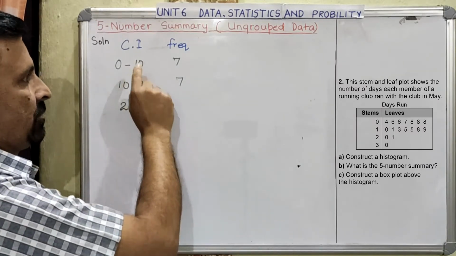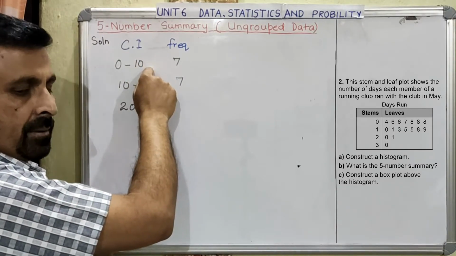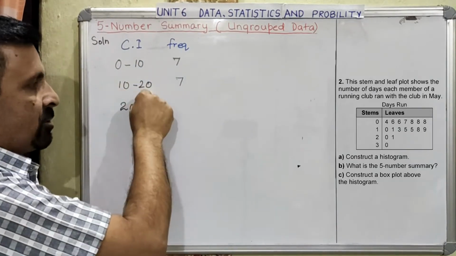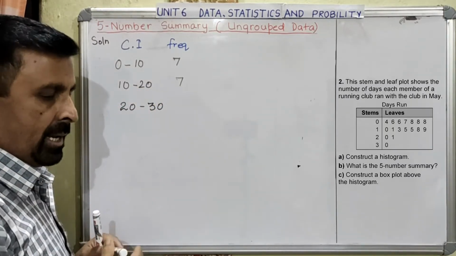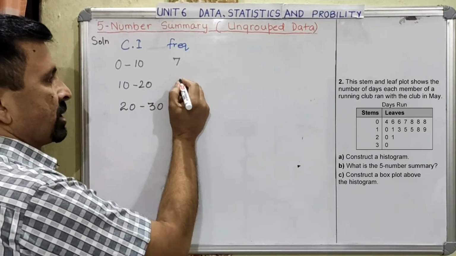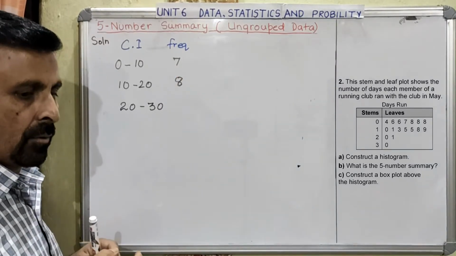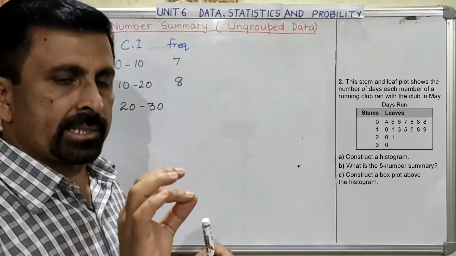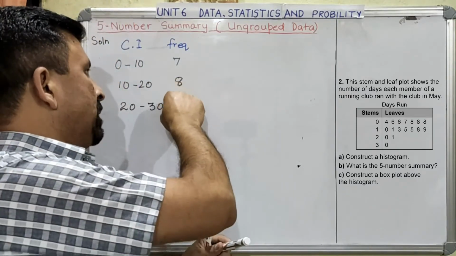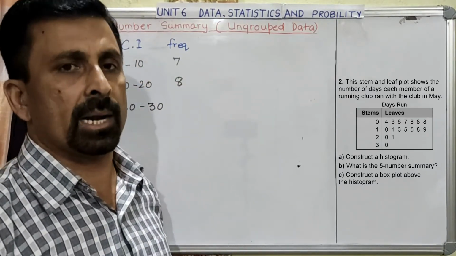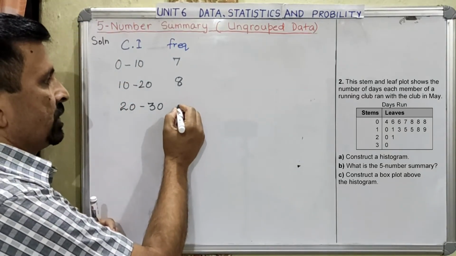Here, just one precaution, one correction. 0 to 10, when I said that 10 will be included here, right? And then we don't have any 10. But now for 10 to 20, when we count, we have one data as 20 also. Is this okay? So the frequency of this will come as equal to 8, because you have 7 leaves in the second stem, right? But 1 leaf from the third stem also will come in this category because we are counting 20. We are including the higher limit. Is this okay? Now under this we will have 2 data.